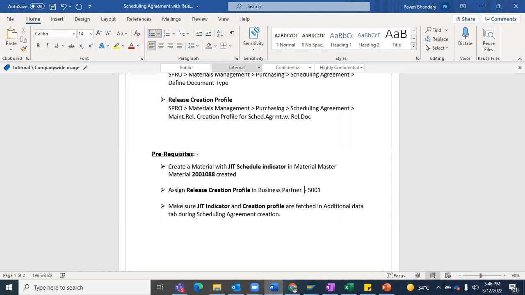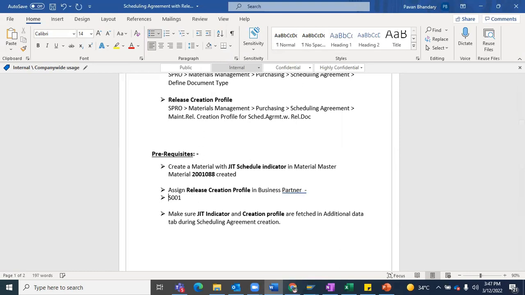To the BP, business partner, I've assigned the release creation profile. But now to see, this business partner might have a different vendor number, right? That also we can see now. This business partner might not have the same vendor number. So in order to make sure this business partner and vendor number are the same, or if it is different,